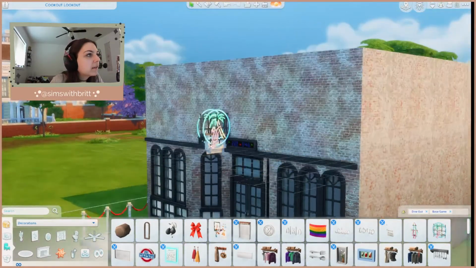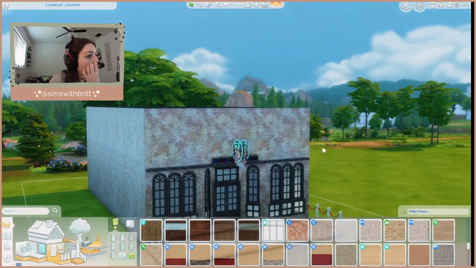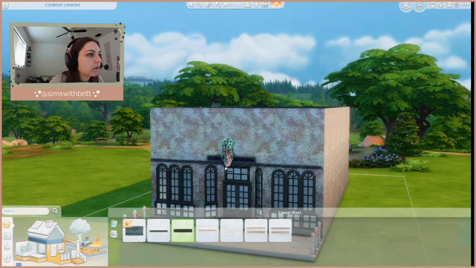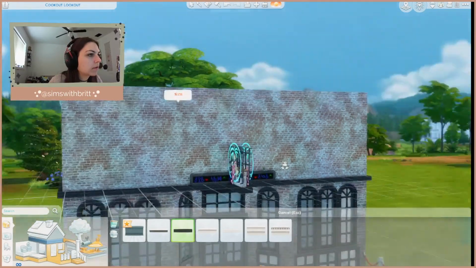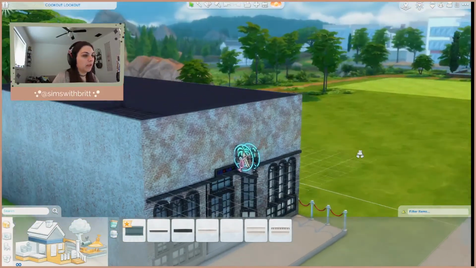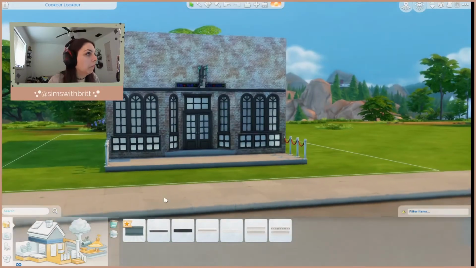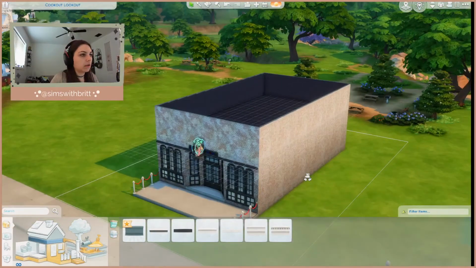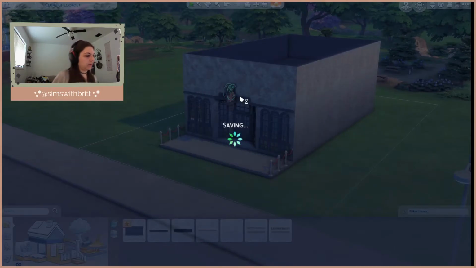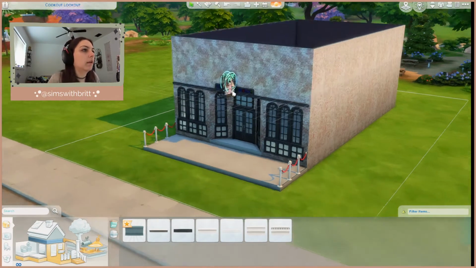What's happening? Oh, it looks okay. Yeah. We got a big enough sign now that the wall is like covered. I think this is turning out to be pretty okay. Save that. Nice. Okay. So it's kind of like float in there. Alright, and then